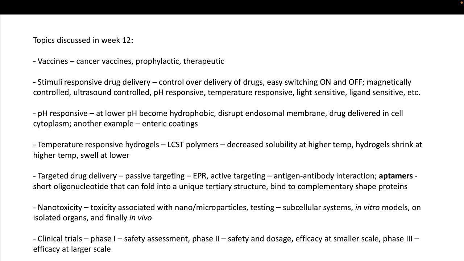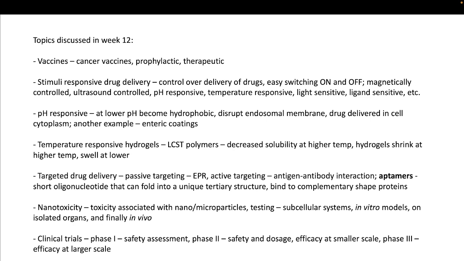For example, there is something known as stimuli responsive drug delivery, where once you inject the patient with a drug, you want that drug to be released only at a specific time period, and only a specific amount of the drug should be released. So this is where we want to have control over the delivery of drugs, and we want to design a system such that whenever you inject it, we can easily switch it on or off depending upon some